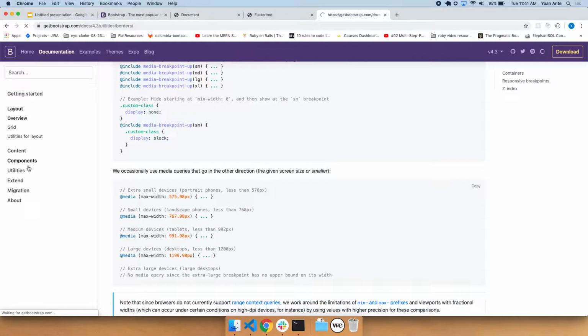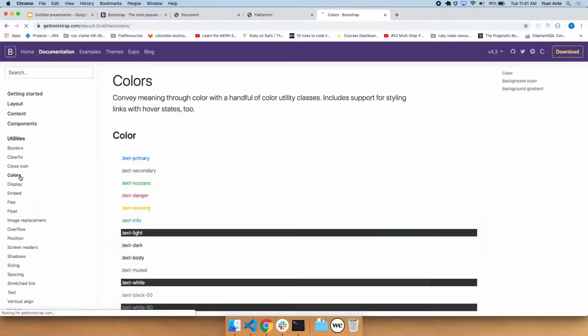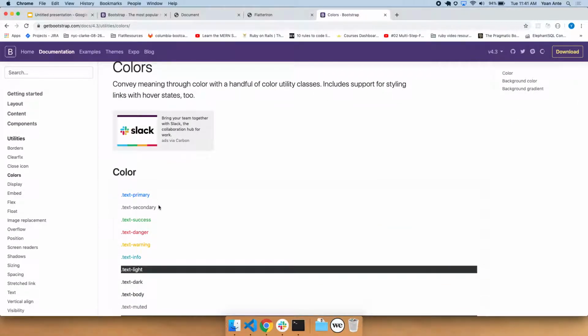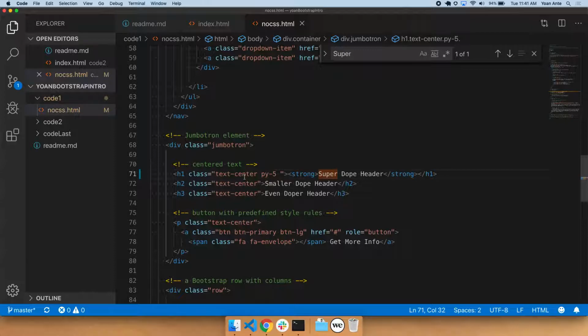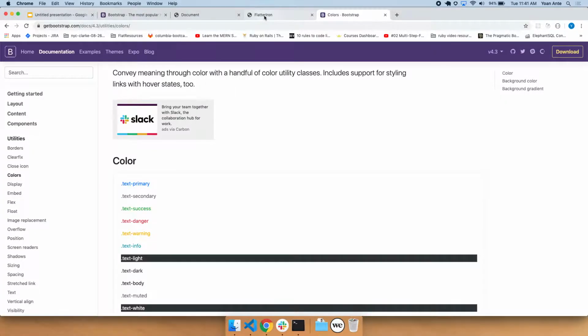So you have utilities, components, colors. So pretty much anything in Bootstrap has these colors: text-primary, text-secondary, text-success, text-danger. So if we wanted to change that heading that we have here, we could just do text-danger, and if we come back over here,